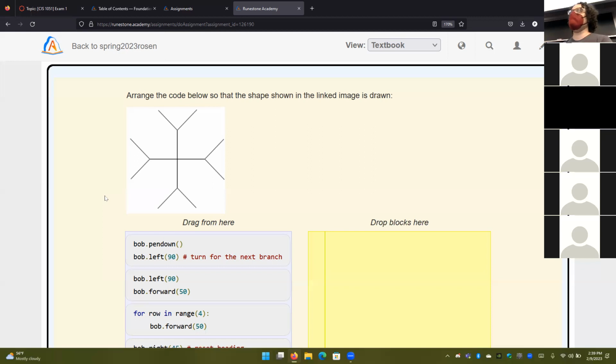If you need an accommodation through DRS, extended time or the like, we can talk about solutions that work for you, such as taking the exam earlier, at an earlier day or time, and then doing the group portion during the separate lab, or starting your exam early, then going into the lab and taking it there. Or, if you don't want to take the group portion, you don't have to. There are a lot of solutions we've had in the past. Just send me an email and we can coordinate about what solution works best for you. Okay. All right.